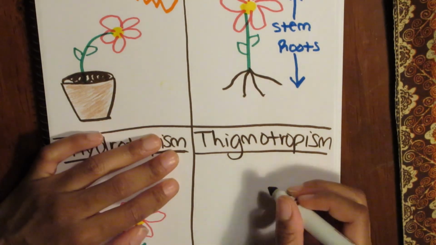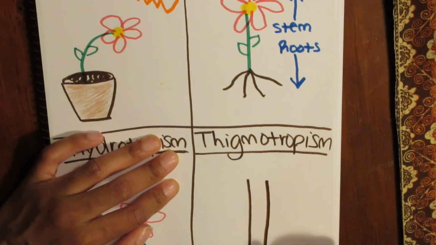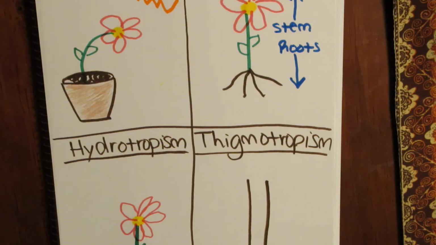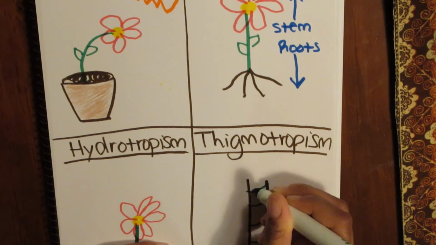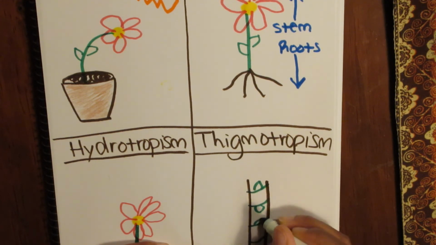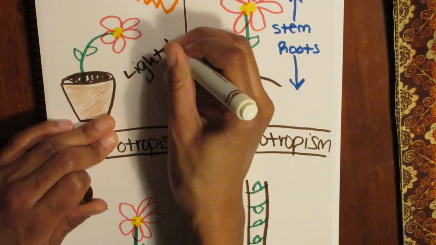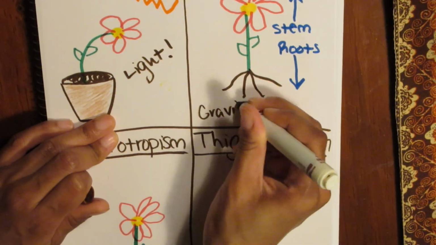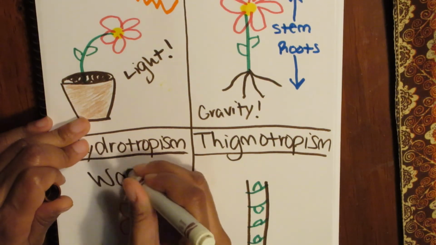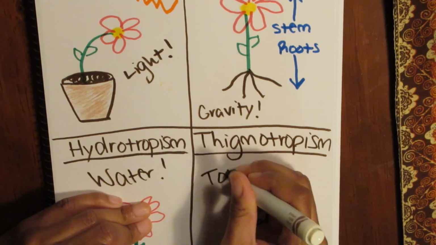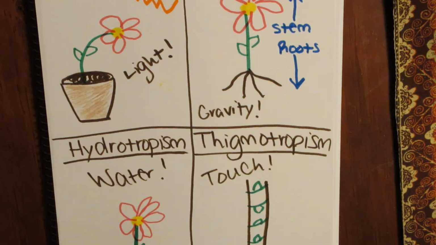And our last one is thigmotropism. This is how plants respond to touch. So let's say that I have a wooden fence and then I have a plant growing near the wooden fence. As it touches the fence, it's gonna grow around the fence. It's gonna grow around, try to get up to that sunlight, try to get what it needs. And those are all of the tropisms. So we have one that responds to light, one that is responding to gravity, one that's responding to water, and one that is responding